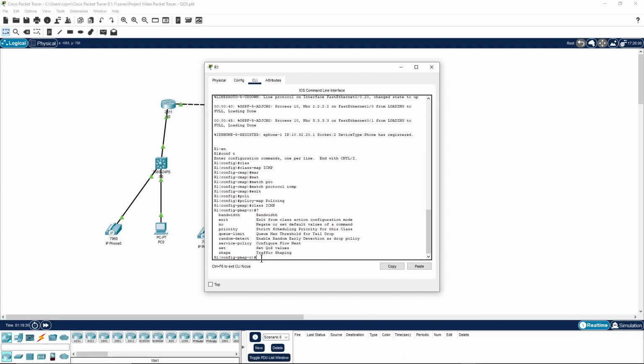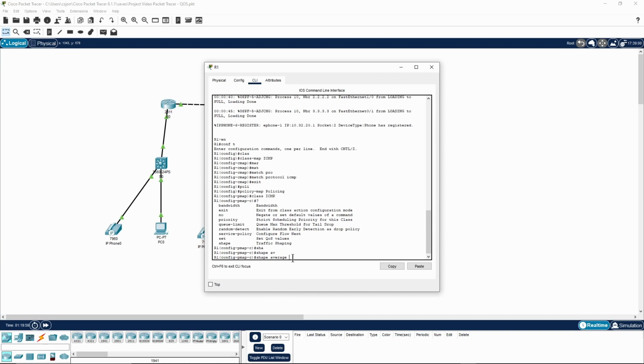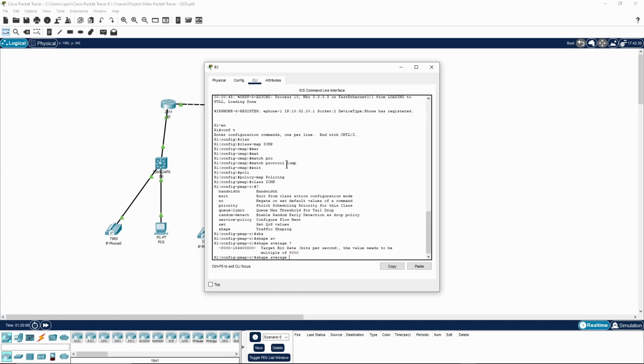I apologize, this is not policing. This is shaping. You can see from the command at the very bottom. We're going to type in shape. And we'll just type in average. And what it looks for next is a bit rate between 8,000 bits